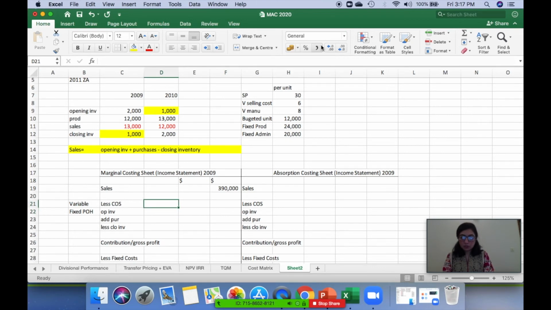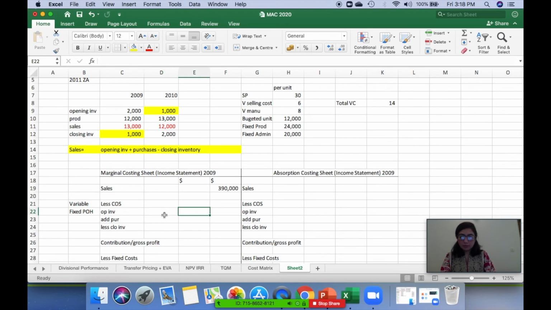Coming to cost of sales. Now we have the units of all these three, but we don't know what to value them with. This is where marginal costing versus absorption costing comes into play. As I said before, in marginal costing, we are going to use only variable costs. Can we calculate the total variable cost here? Yes. Total variable cost, direct was manufacturing and indirect was selling. So using total variable cost of 14, we can actually value our cost of sales.